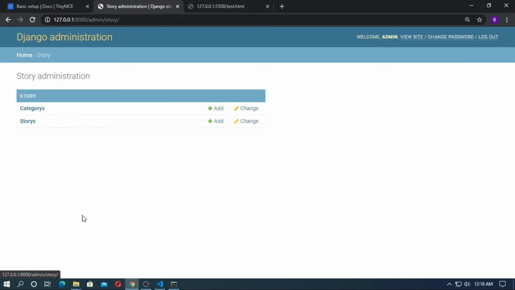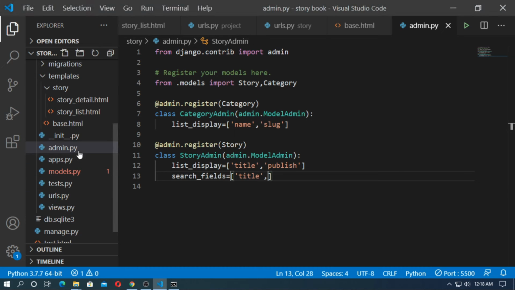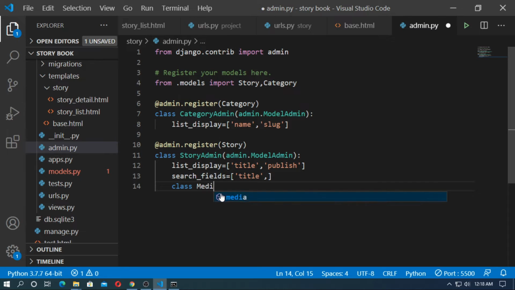Okay, so now go to the story app and go to the admin.py and here add a class Media. The Media class will join the JavaScript. I will create this JavaScript file later in the static folder. Just name it tiny.js.